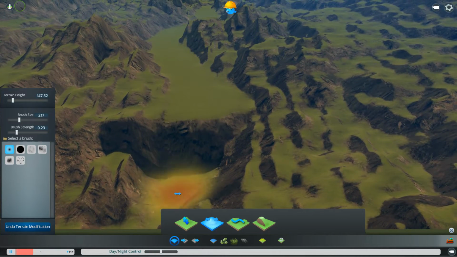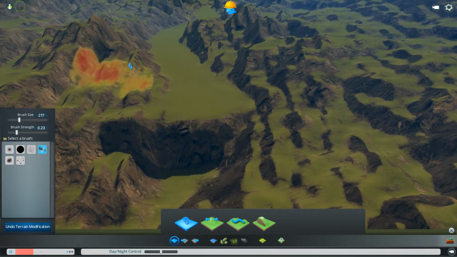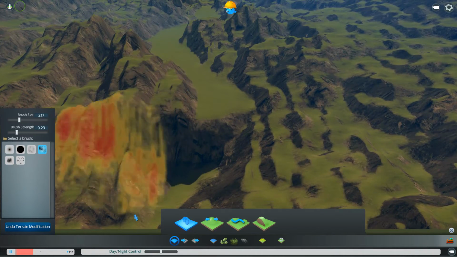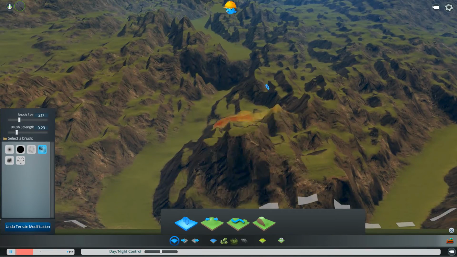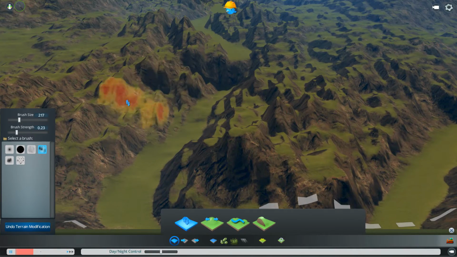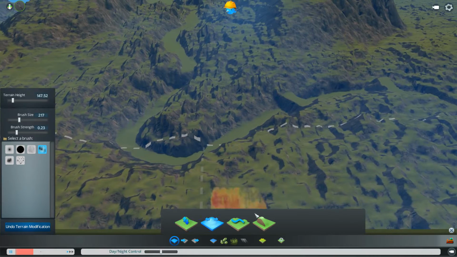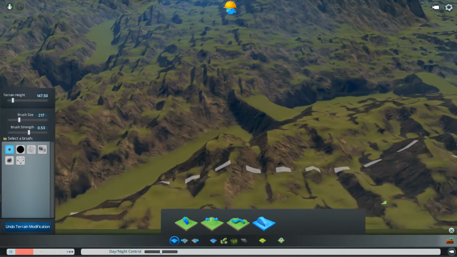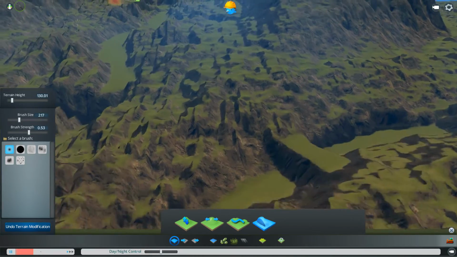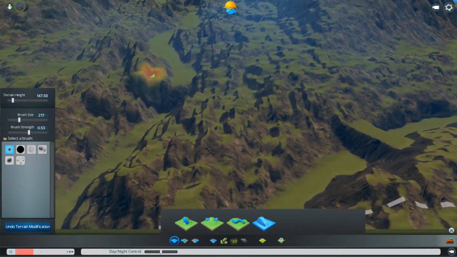Again, we've kind of affected this part of the river, and we maybe just need to bring this up a bit. And what we're going to do now is take this tool again, go back to here, bring the strength up a little bit. That's 147 and that's 130, so maybe that's 147. Let's make that say 140, so we've got a kind of